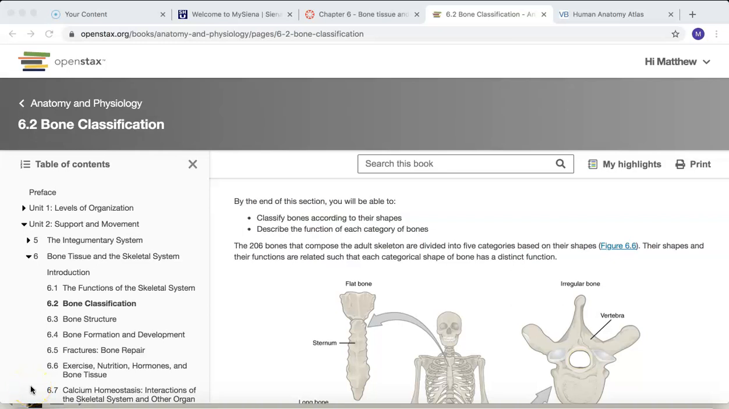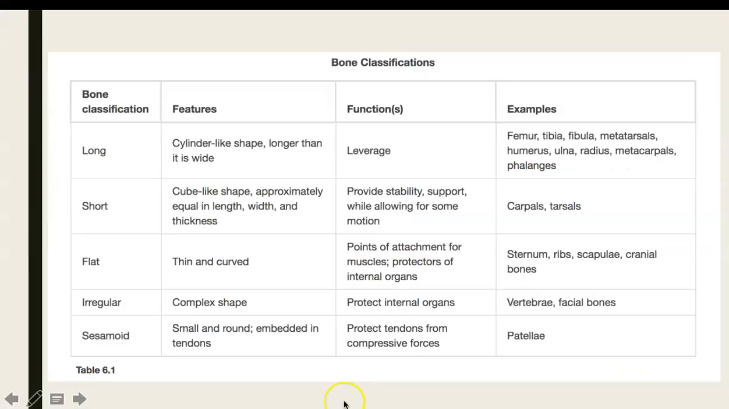All right, welcome back. We are making our way through Chapter 6 on the skeletal system. Section 6.2 is bone classification. And we will quickly talk about the way that all of the bones in the body are classified. And to begin with, I want you to notice that it's actually fairly simple. There are only 5 major categories in which all of the bones in the body are classified, and they include